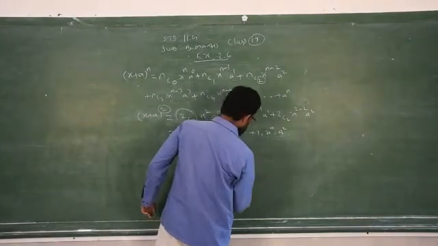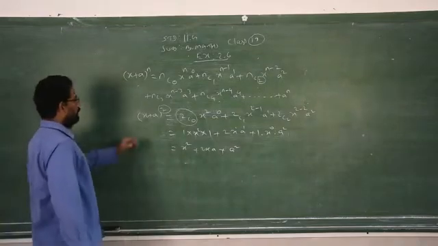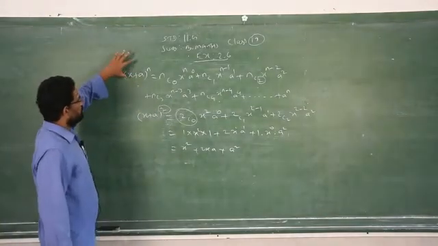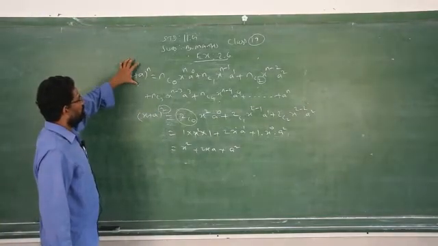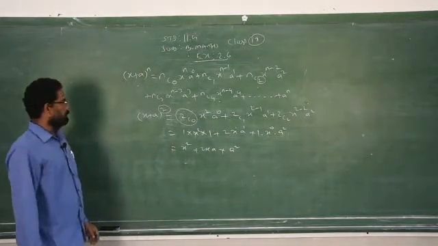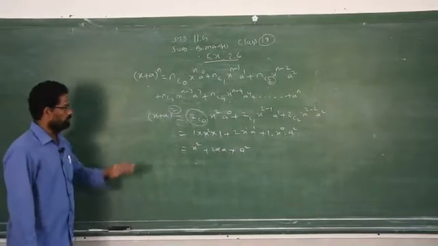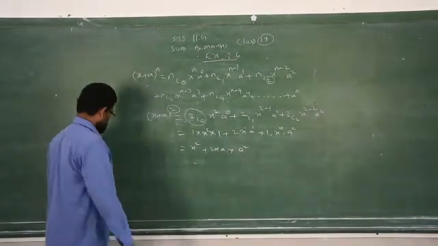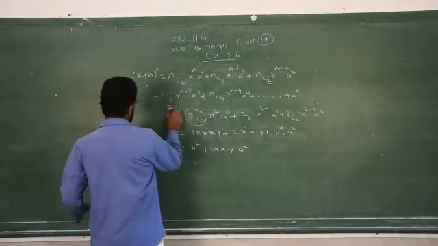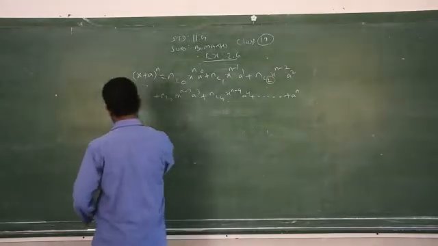Don't confuse the triangle, which is called the Pascal rule, with the binomial theorem. This is the origin, the main formula. This is the origin of all the identities: (a + b) whole square, (a + b) cube, (a + b) power 4 and so on. This formula is just for explanation purposes. I did this one, so now we will go straight away to exercise 2.6, question number 1.